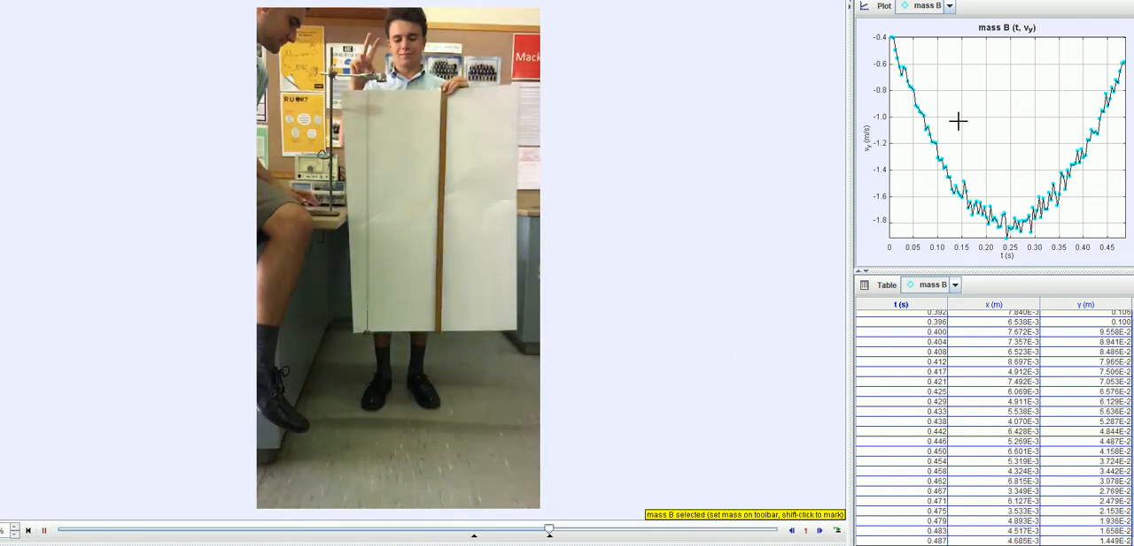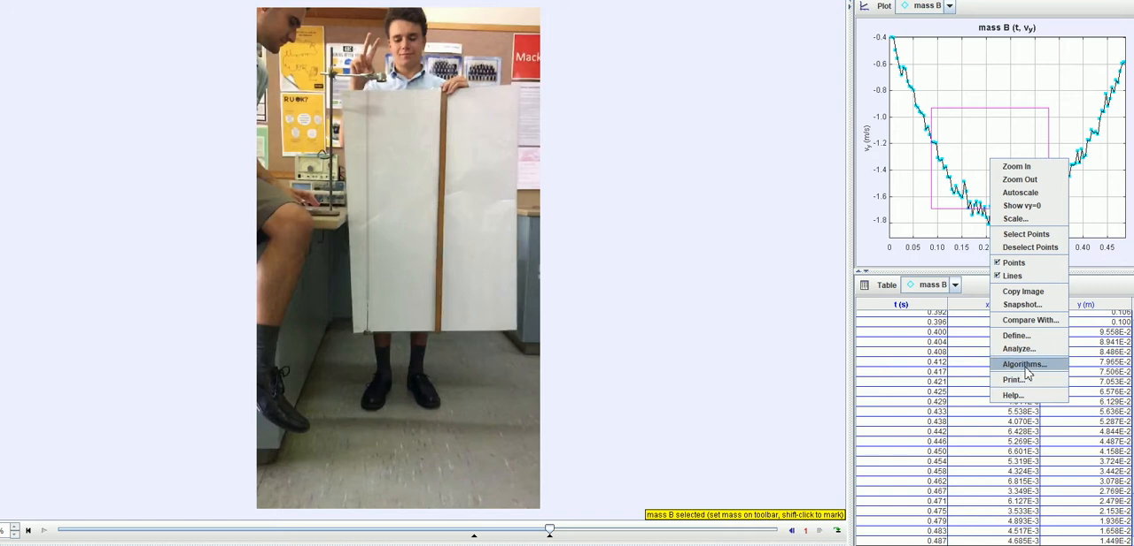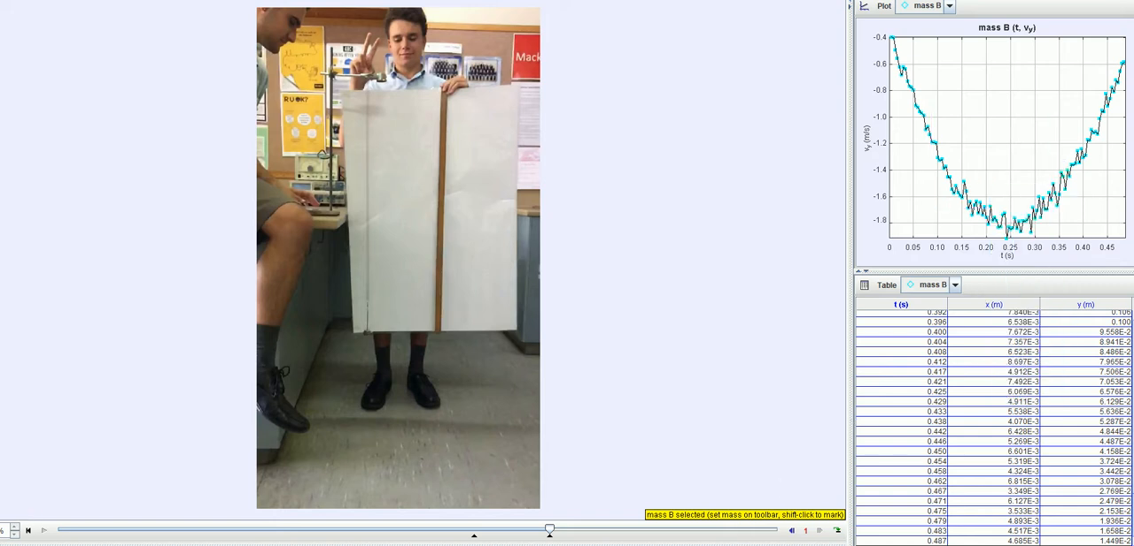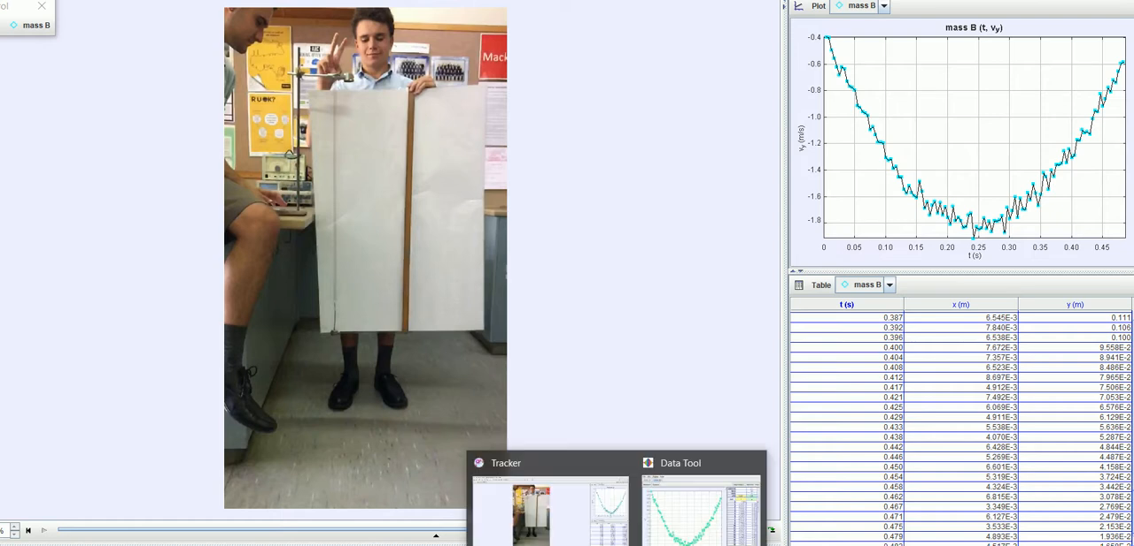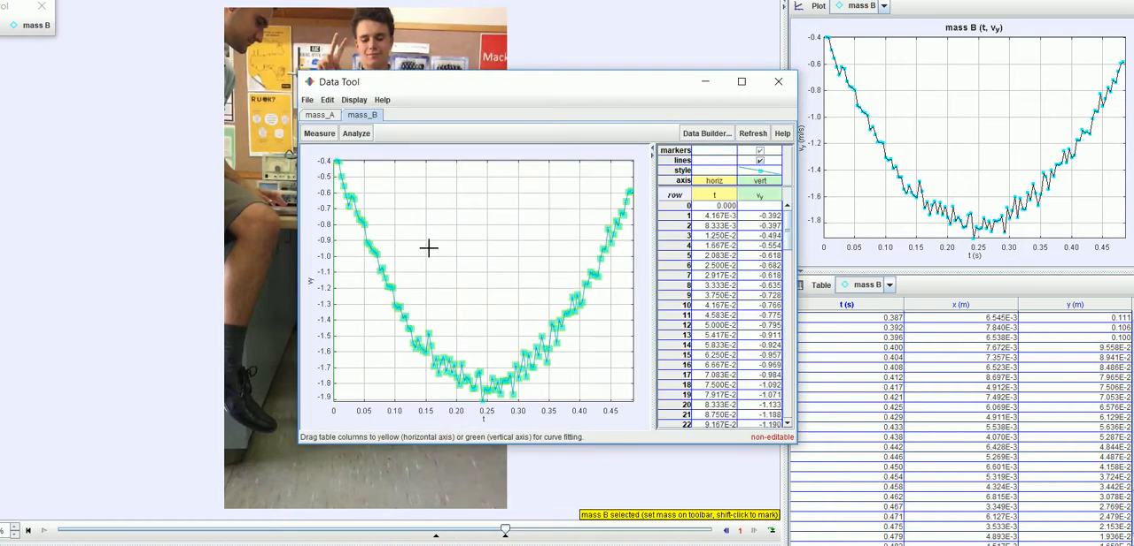Okay, let's analyze this particular velocity graph. Here we go. If we were to analyze it, what we can find is